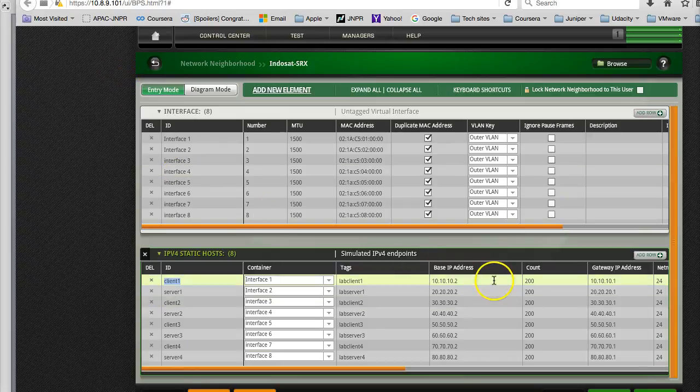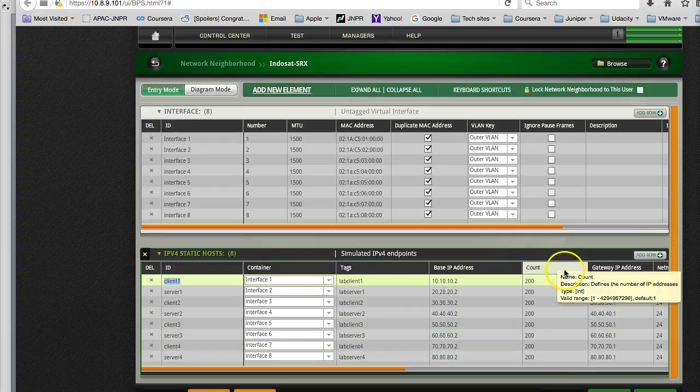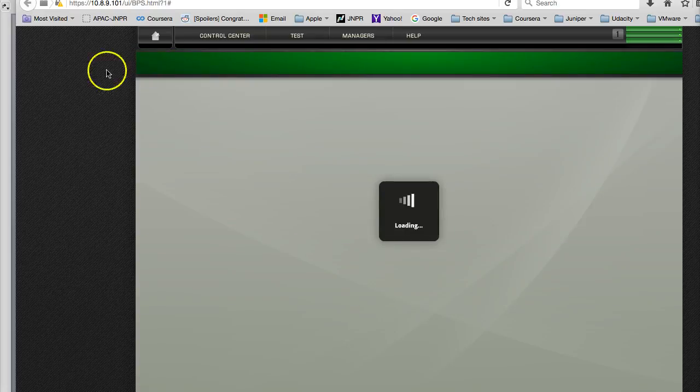And then we just set the addresses, starting from 10.10.10.2 to 10.10.10.200. The server is 20.20.20.2 to 20.20.20, it should actually be 202 for a 200 count. It's similar for the other 3 groups. So in total we have 4 groups of client and server addresses. Okay, so after we set it up,